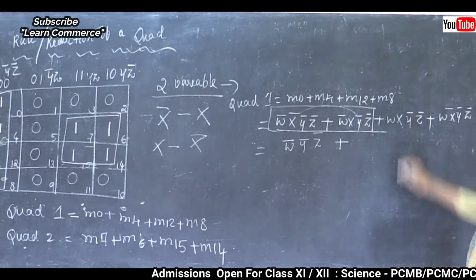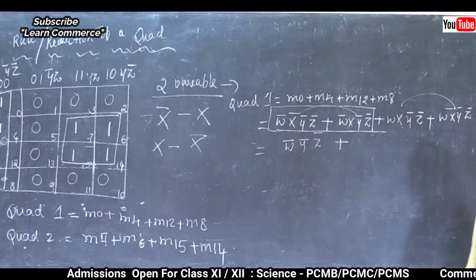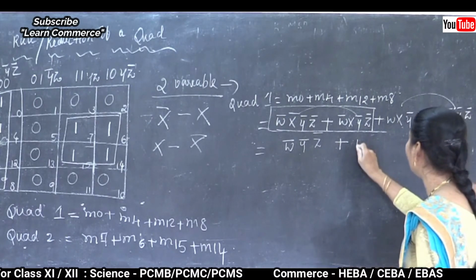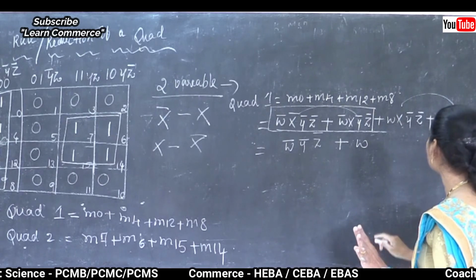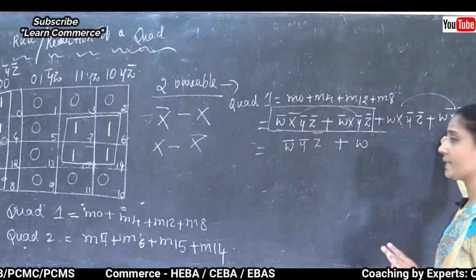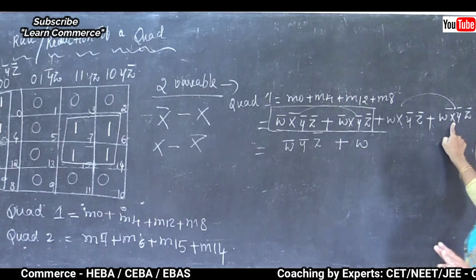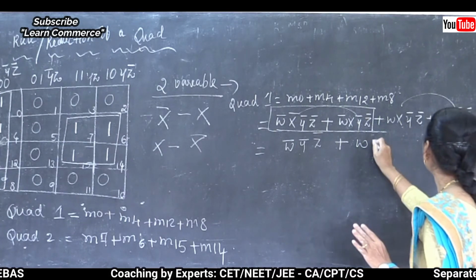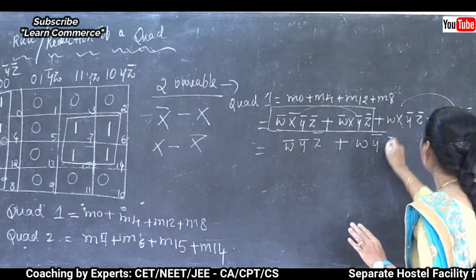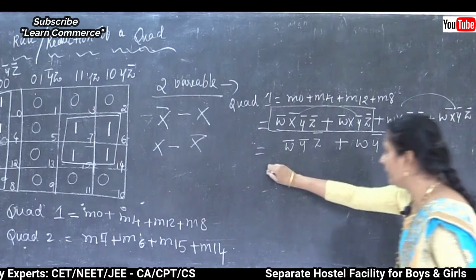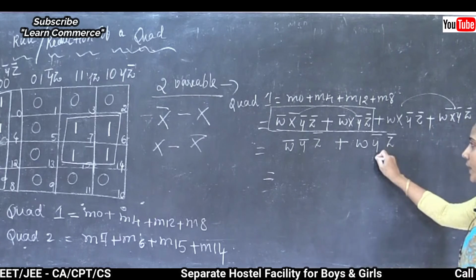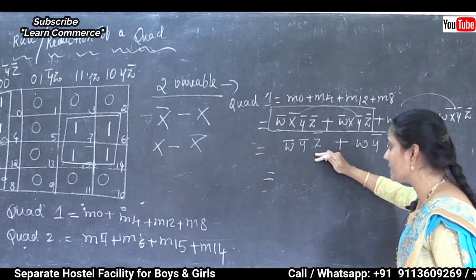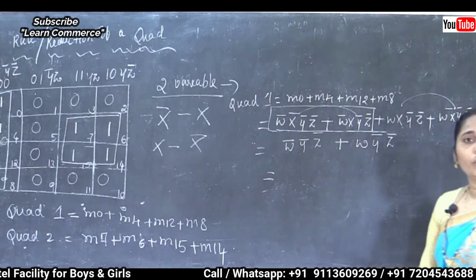Now I am going to make the comparison for expressions 3 and 4. When you make the comparison, W there is no change, but X and complement X, there is some change, correct? One is X, the second one is the complement of X, so we need to remove it. Then complement Y, complement Z. Later the next one is about Y.